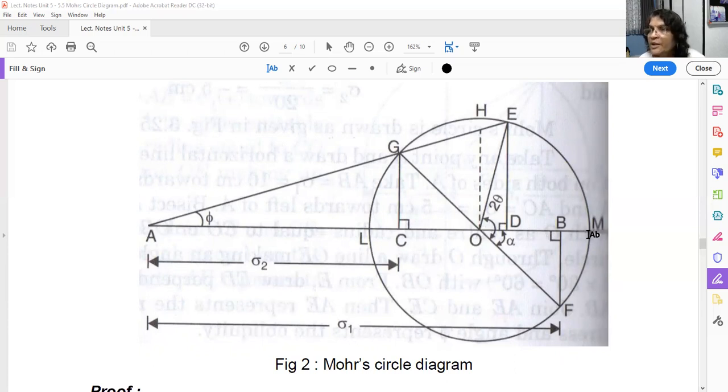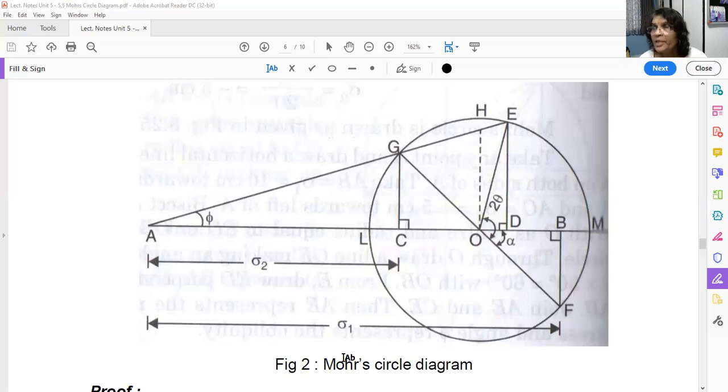So AM represents maximum principal stress, that is major principal stress, and AL represents minimum principal stress, that is minor principal stress. Okay, because see, what is the definition of principal stress? It is the stress acting on that plane on which shear stress is zero. So AM is the point on the x-axis, and you know on the x-axis the y coordinate is 0, that means shear stress is 0. So AM represents sigma 1, you can say maximum principal stress because notations are different here, no? And AL represents minimum principal stress, and OH represents maximum shear stress.